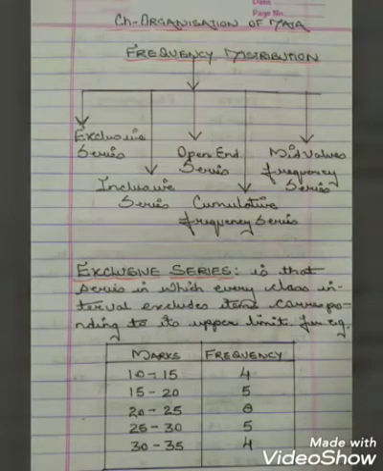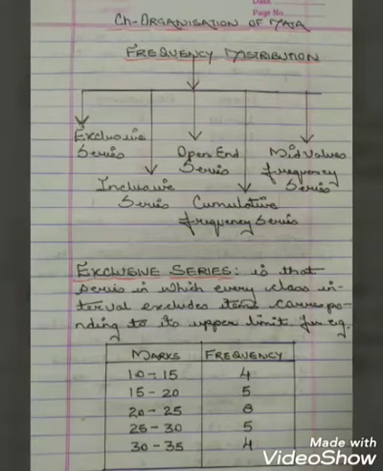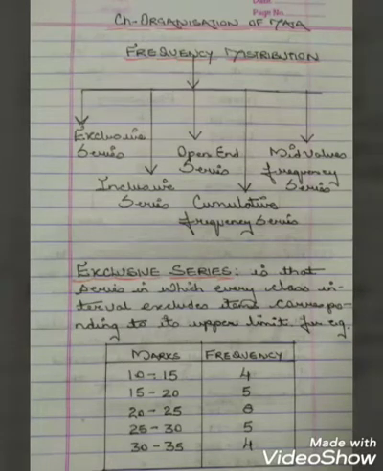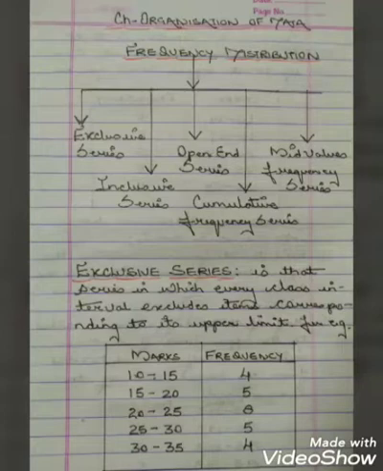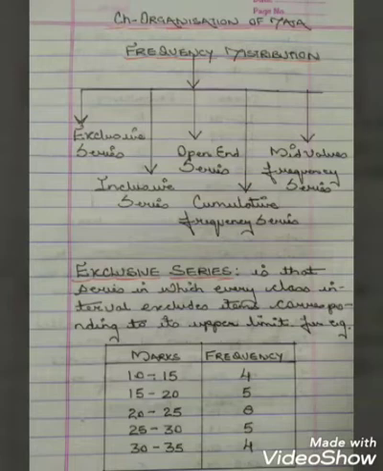If you all can see on your screen, there is a table where on one side we have marks, on the other side we have frequency, and the marks I have taken from 10 to 15, 15 to 20, 20 to 25, 25 to 30 and 30 to 35, where we have a frequency of 4, 5, 8, 5, 4. Now in an exclusive series, what I mean to say is that the upper limit of one class interval